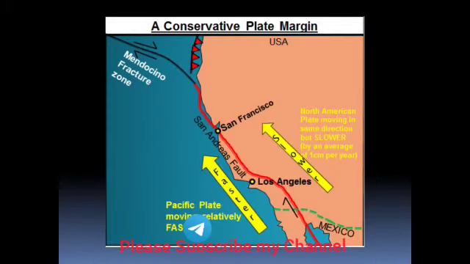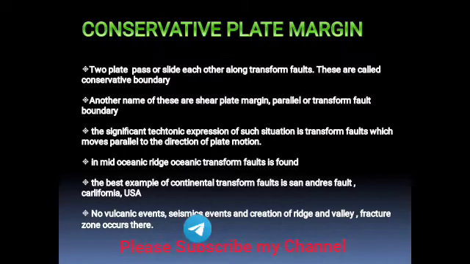Next one is the conservative plate margin. Other names for the conservative plate margin are transform fault boundary and shear plane margin. There are no volcanic activities, but seismic events occur because the plates do not collide with each other; they just pass or slide past each other. That's why this plate margin is called the conservative margin. The most famous example of a conservative plate margin is the